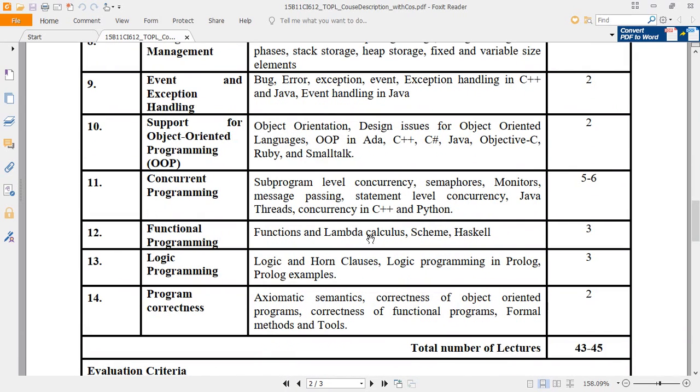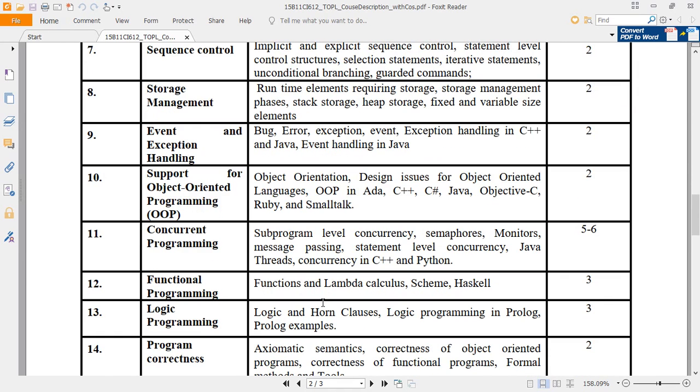So in functional programming, this lambda calculus, these kinds of things we have covered here. All put together, today is the 43rd lecture, 42nd or 43rd lecture. So with this our syllabus has been completed. Now it is your task to go through this T3 syllabus. This is the end of the course, Theory of Programming Languages, and we will meet in any of the upcoming courses.